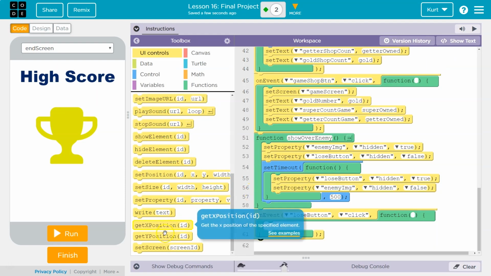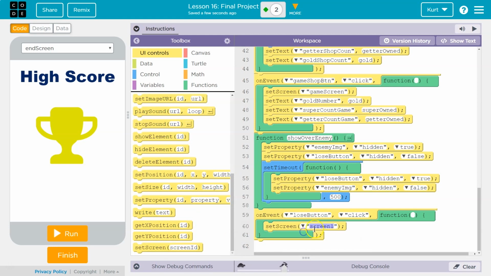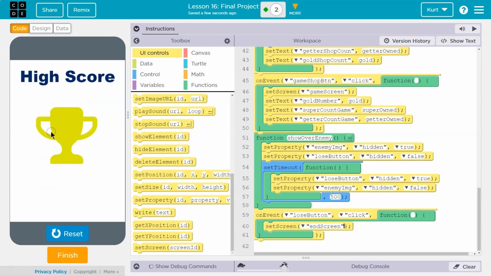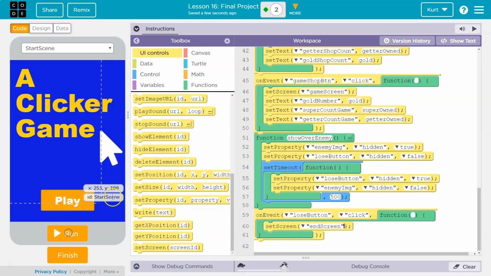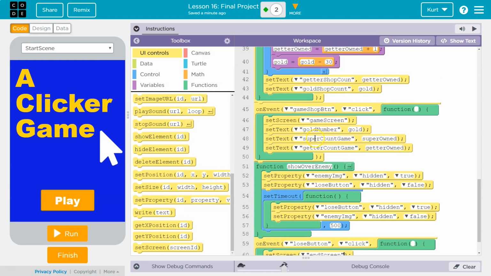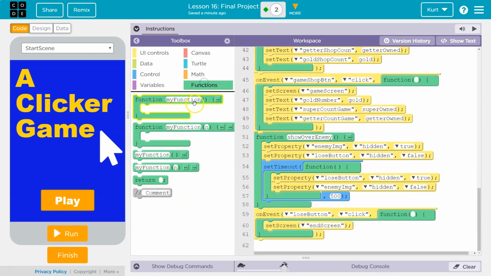So let's go ahead now and do if they click on the, they're going to go to the end screen. Let's test this. Move, and that happened fast. All right, now we need to set up the data. So the data that I'm going to be using, let me just make a function. I think it makes it easier, and it'll be like